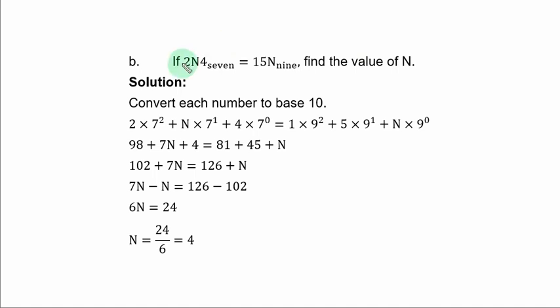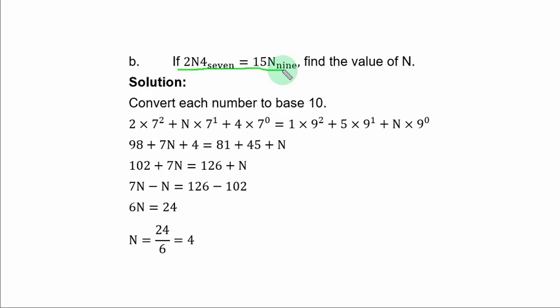Question 4b. If 2n4 base 7 is equal to 15n base 9, find the value of n. Here you simply convert both numbers to the common base 10, and to do that you multiply each digit by